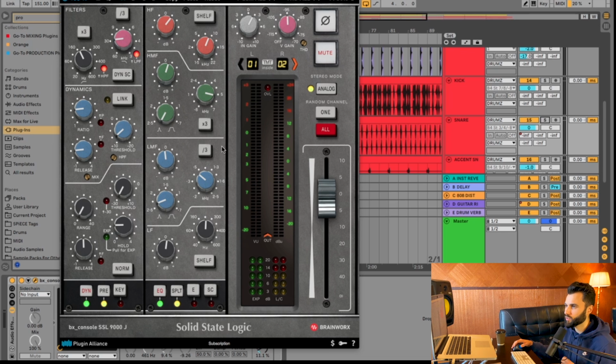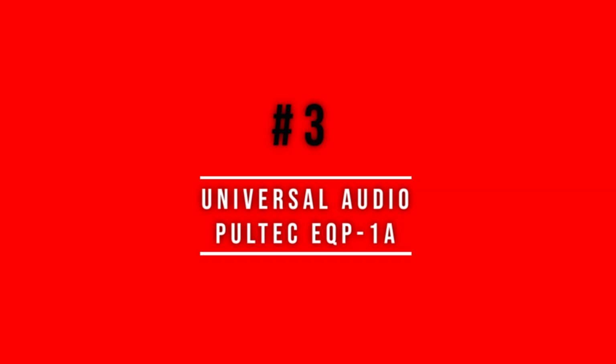And I like to use this primarily on individual tracks. As you can see here, I'm doing it just on the snare. It's a good idea of how I use it. Sometimes if I actually want to get this old school console feel, I'll put this channel strip on every single channel in my mix, from the individual drum sounds, instrument sounds, vocal sounds, everything, and then primarily focus on using the entire channel strip, from the filters, compressor, and EQ. But the EQ alone is amazing, and 9 times out of 10, I'm going to this plugin just for the EQ on its own.